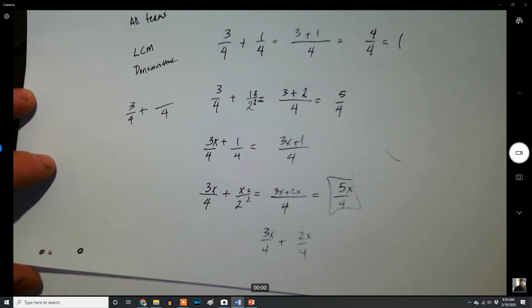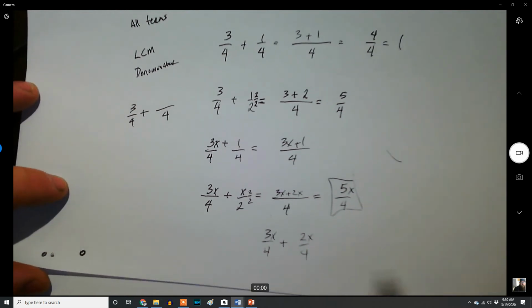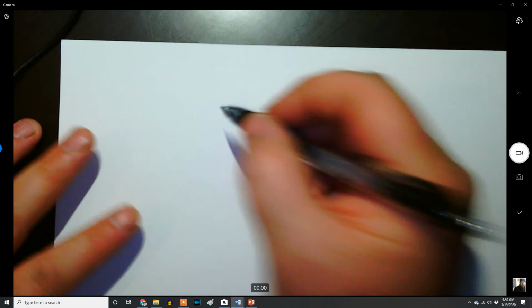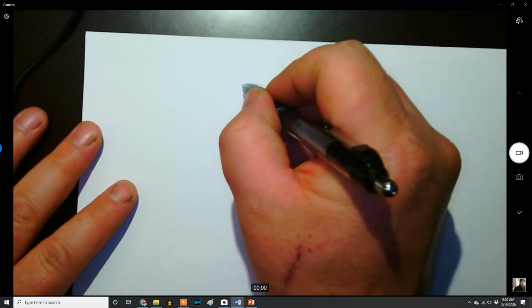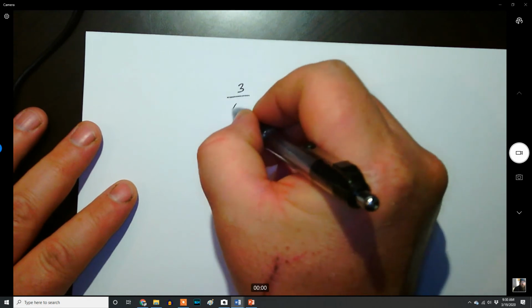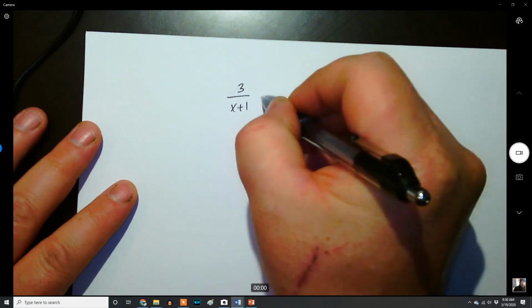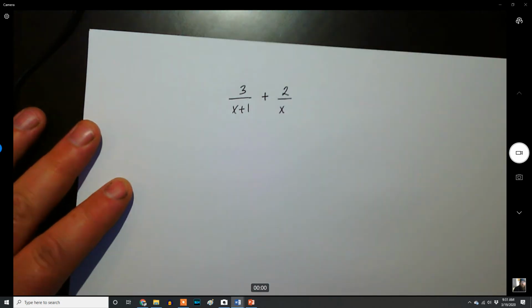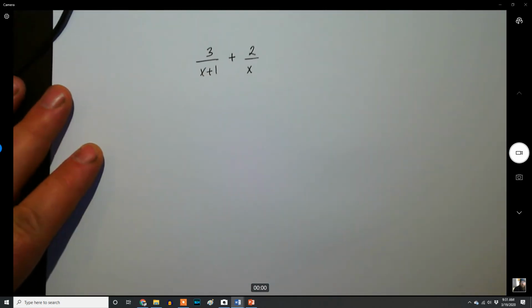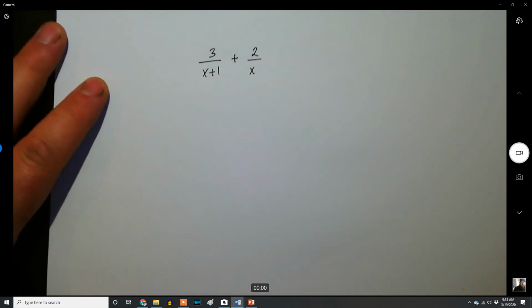So we're getting a common denominator by finding the lowest common multiple. That's not too bad when they're integers like 2 and 4. But let's see what it looks like if we have something a little bit different. So let's say we had something like 3 over x plus 1 plus 2 over x. Now we're getting into something that's a little bit trickier, right? So